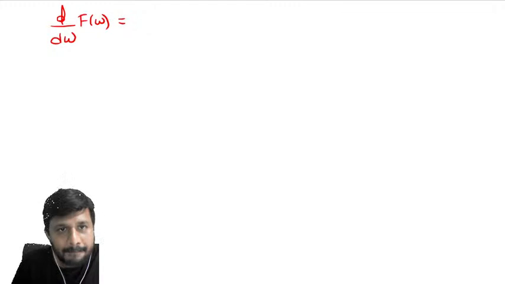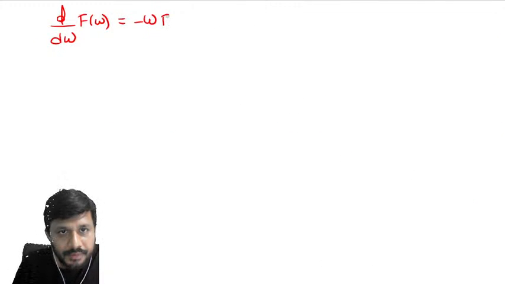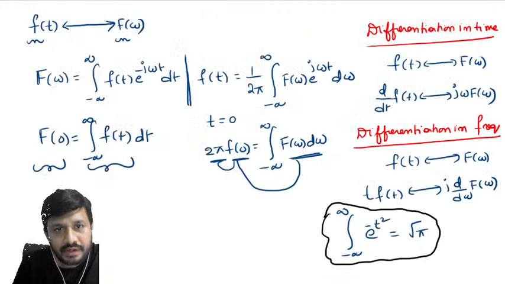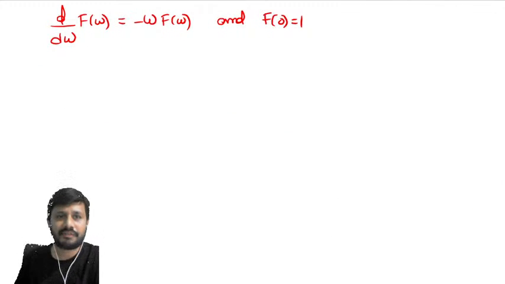So let's write what he gave. He said that d by d omega of F of omega is minus omega F of omega, and capital F of 0 is what he said? 1. Right. He's asking us to calculate the value of small f of 0. So if this is given, now